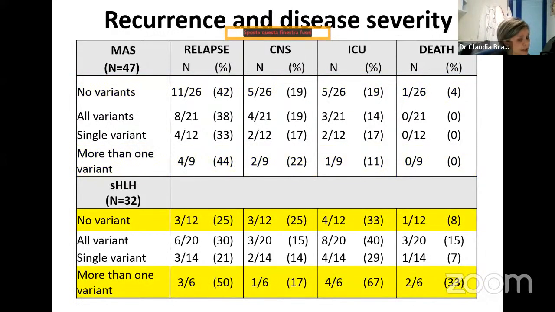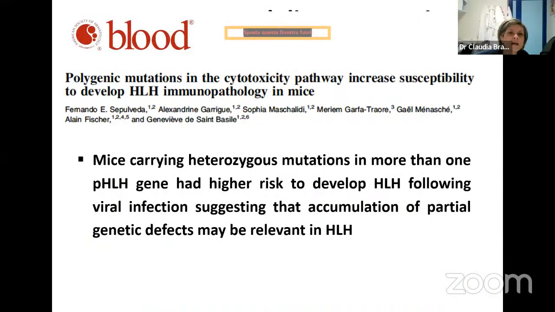And the same was true for HLH. Again, we didn't find any differences between patients who did not carry any variants compared to patients that have more than one variant. But if you look at the numbers, we found that patients with more than one variant presented more relapses of disease and more severe disease with more admissions in ICU, even if this correlation is not significant. And this is expected if we look at the mice model that Sepulveda reported some years ago,